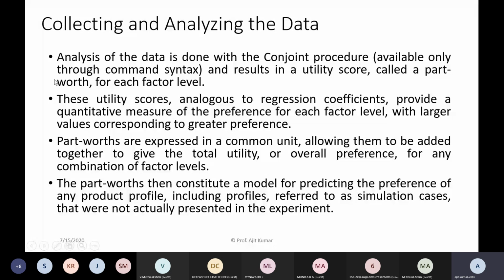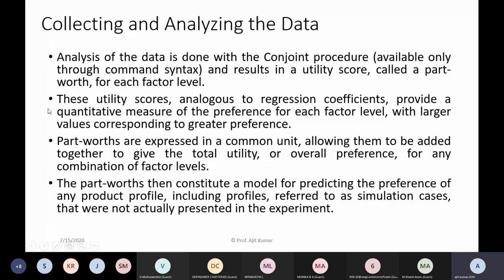Just think of an example: one of the components is the brand. If the brand is more popular, it is expected that it will have more worth, more value, in the consumer's mind. That is known as part worth, and this will be for each feature, each attribute.